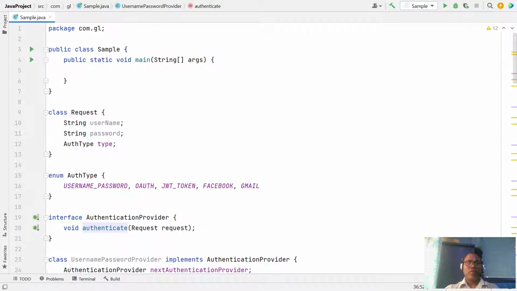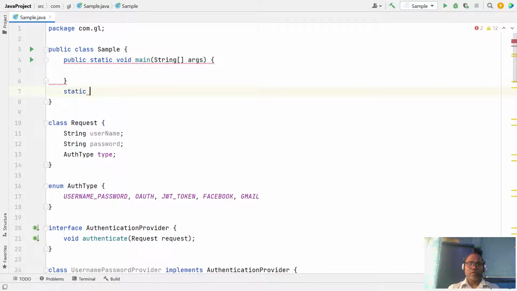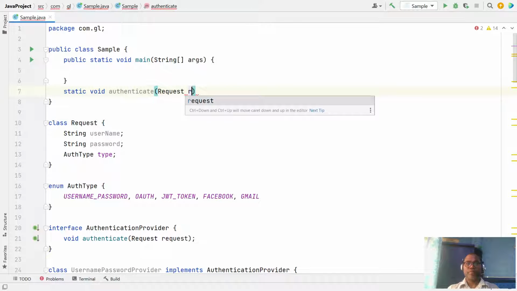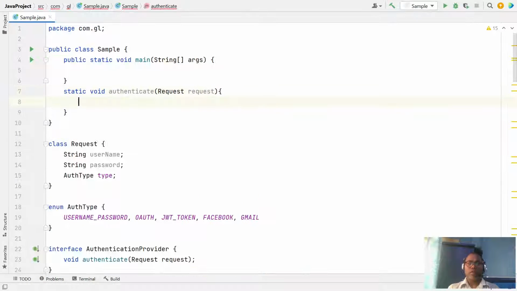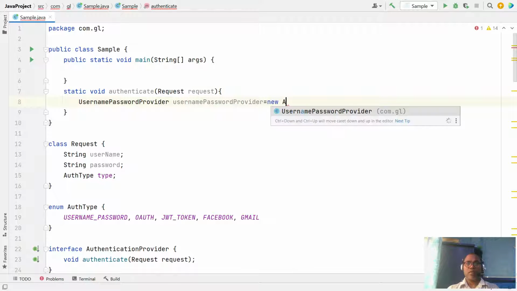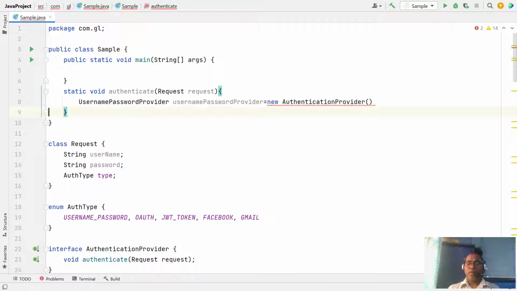So let's look at one method like void authenticate. Authenticate gets a request object. Okay, and whatever the request we have, we create, let's say, a provider. Let's have username and password provider.